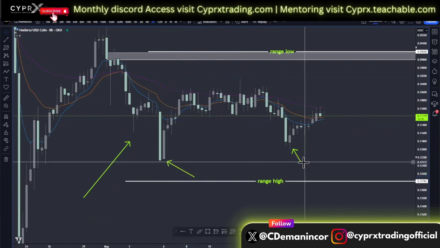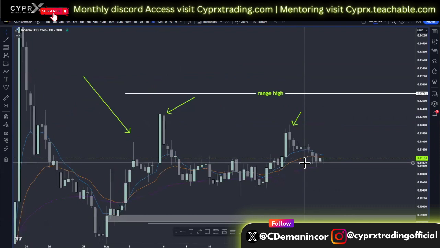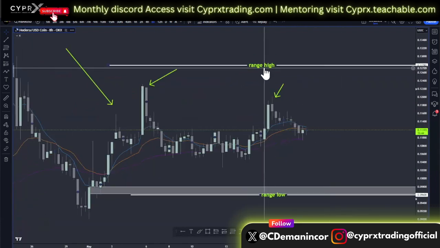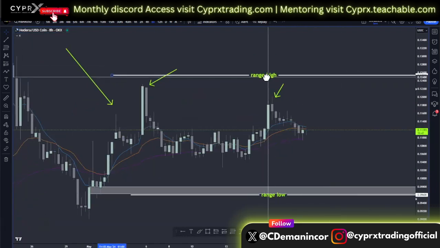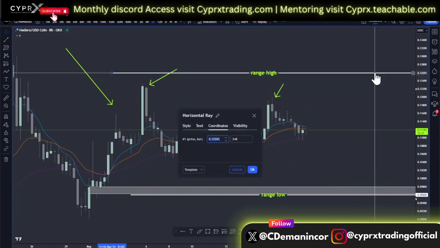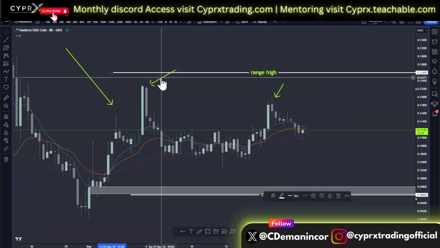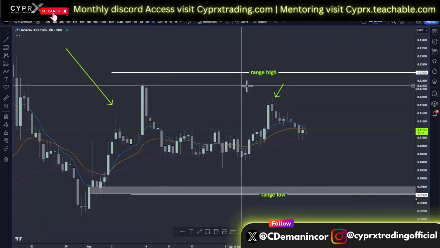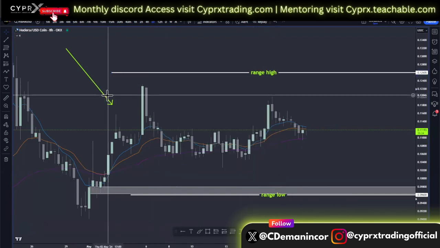So let's flip the charts back right side up, hitting Command I on your keyboard. And again, giving it some breathing room to the upside, give or take a couple of pips, we can see the key psychological level. Let's just round that off. We'll put that in as 12.6 flat. Okay. And so now that we have our area of interest above range highs on the higher time frame,